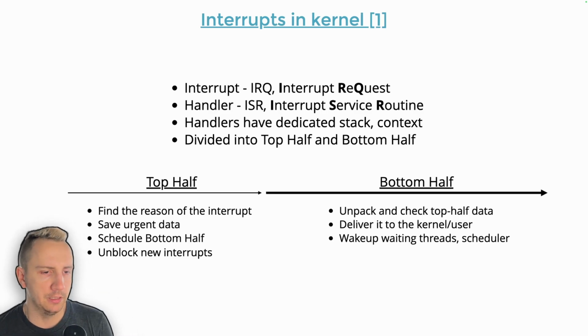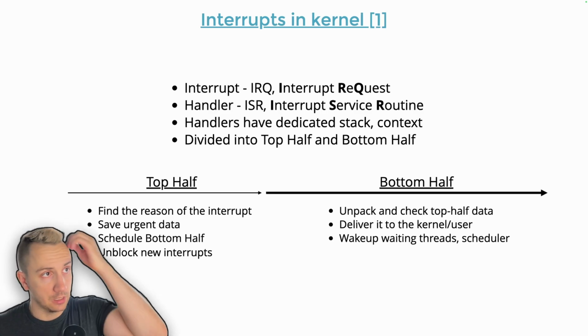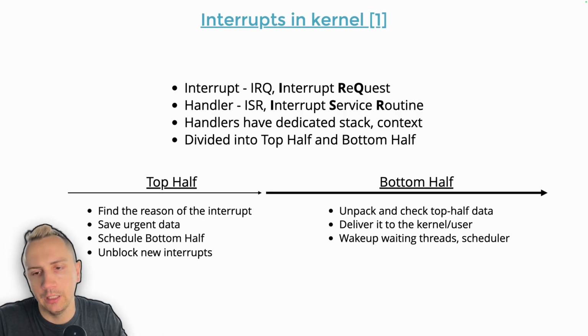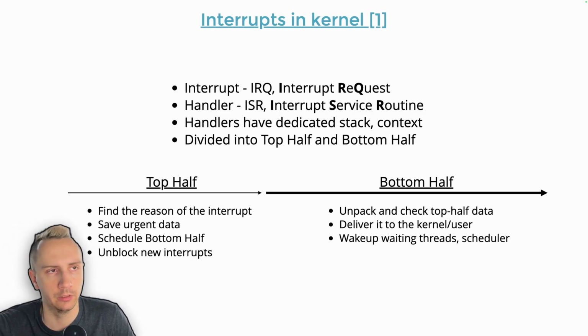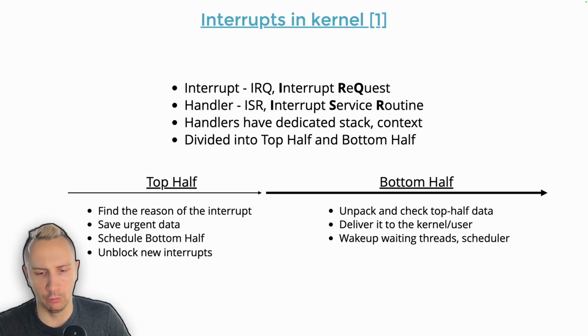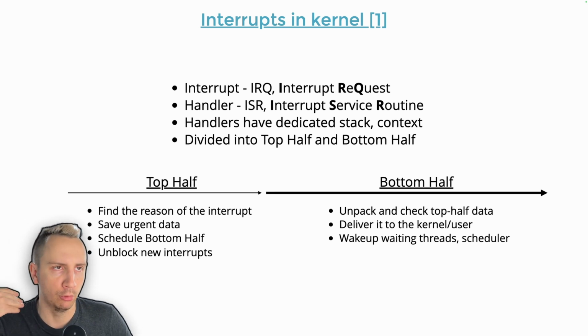What we have then is a more general issue: some interrupts require heavy handling, like reading a lot of data from some device or forwarding this data into the user space, right? We cannot handle all of this right when the interrupt happens, because then we will block handling of the next interrupts, and then the whole system will be slow. It will probably not be reacting to events from devices fast enough. And this is why in the kernel the handling of the interrupts is divided into two parts, called bottom half